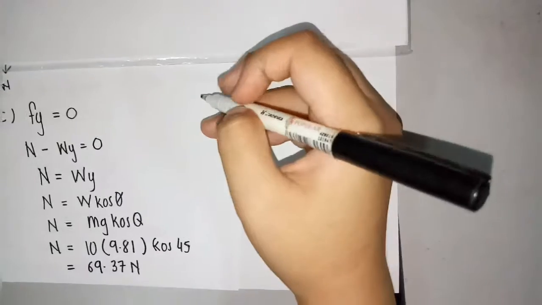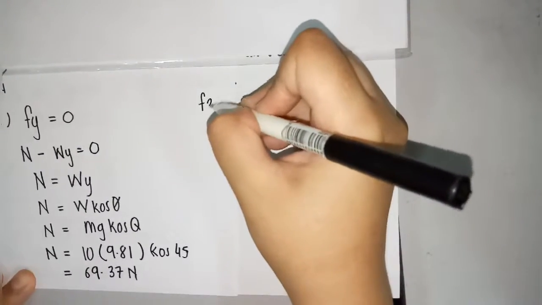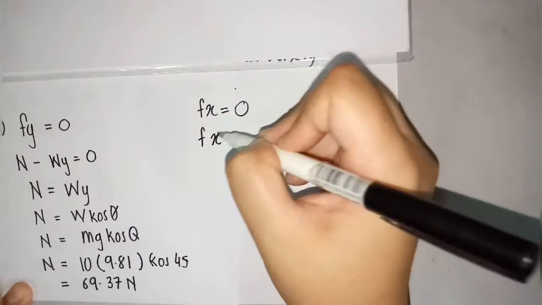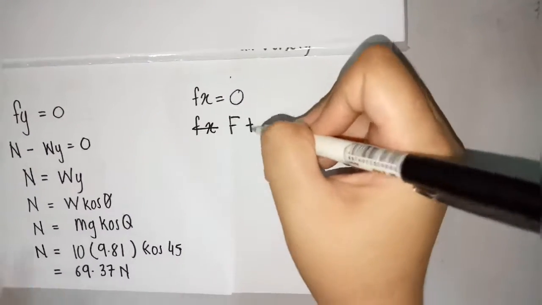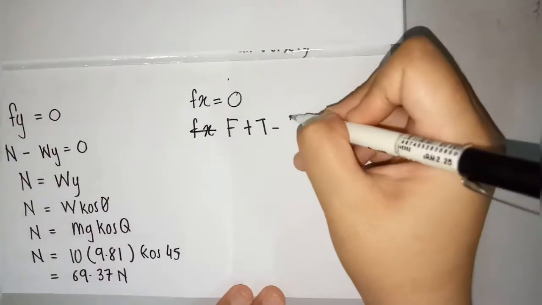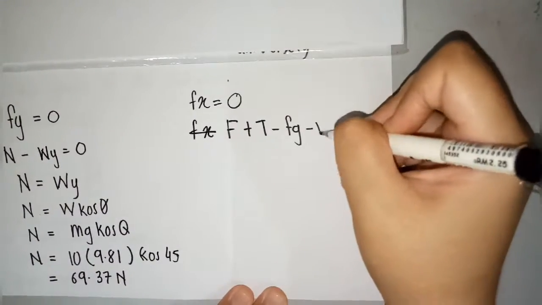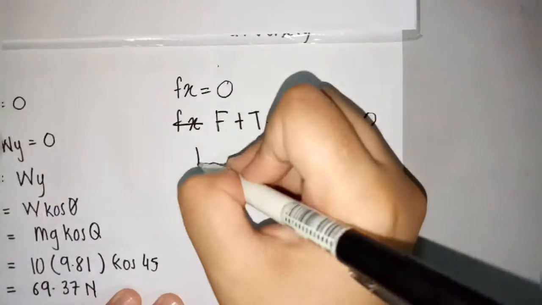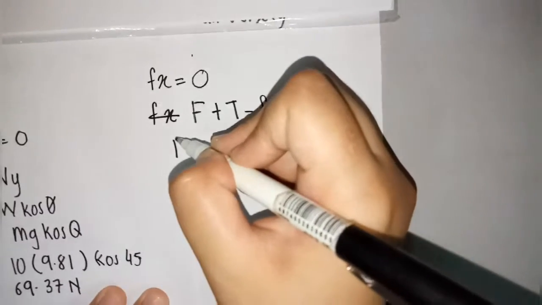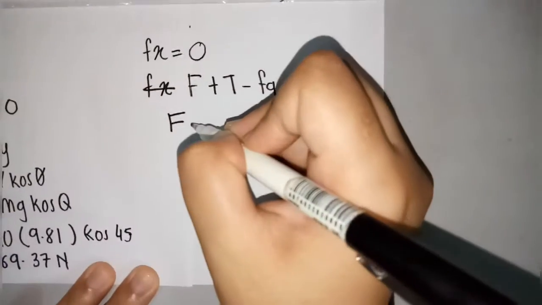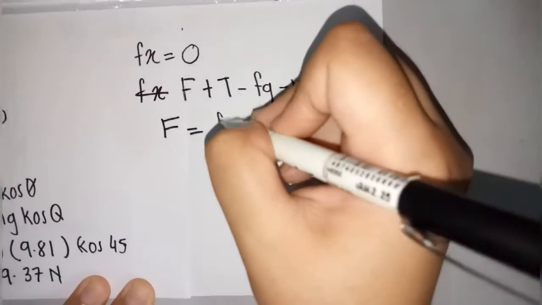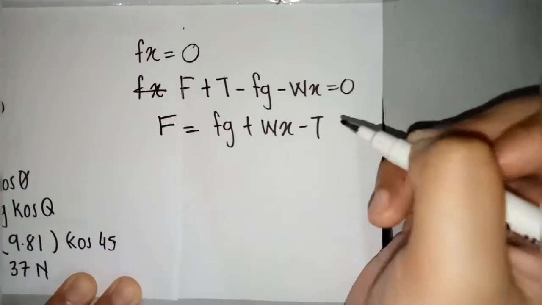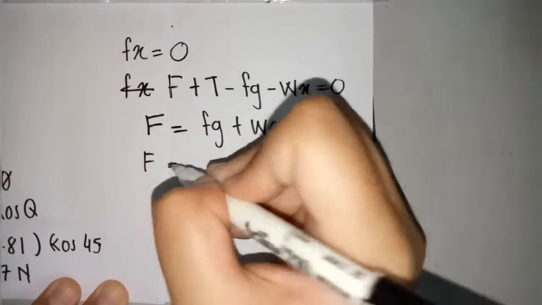We need to find Fs. So Fs equals 0, which is F plus T minus friction minus Ws equals 0. Then we need to find the force. So F equals friction plus Ws minus T. Friction is